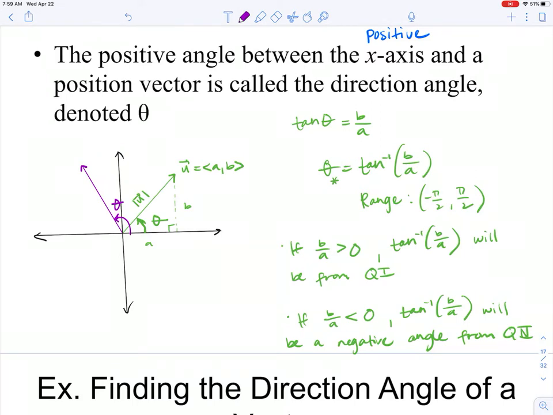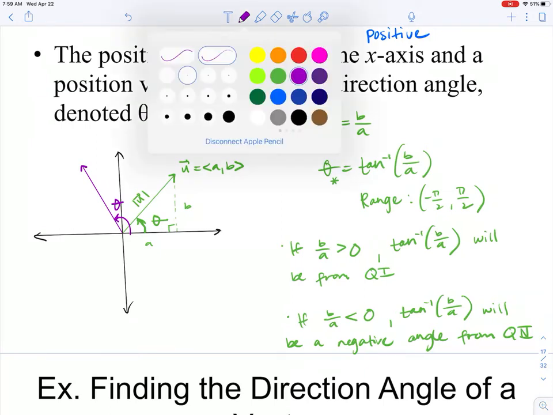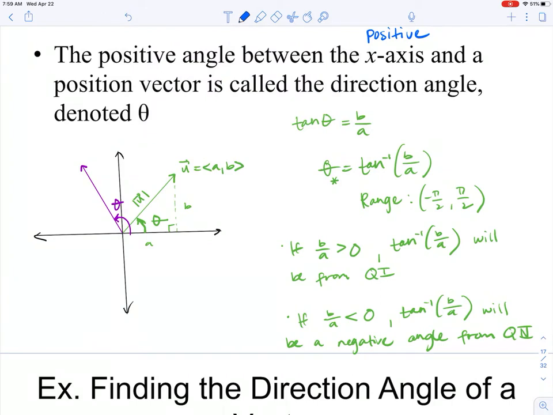So inverse tan of b over a would actually end up giving you a negative angle. So you would want to add pi, or add 180 degrees, to the inverse tan of b over a in order to find that actual direction angle. If the vector were to terminate in quadrant 3,